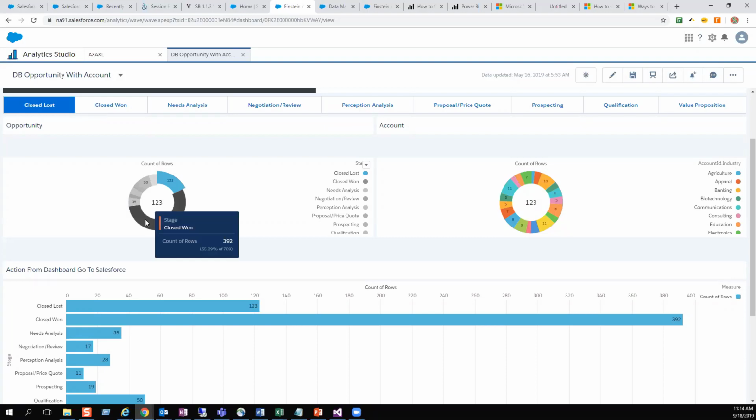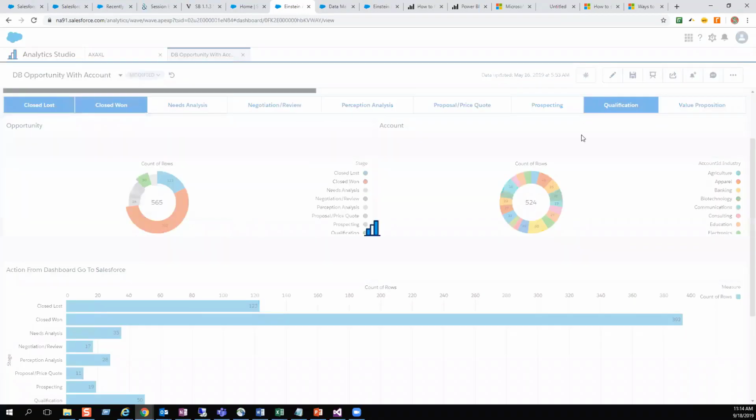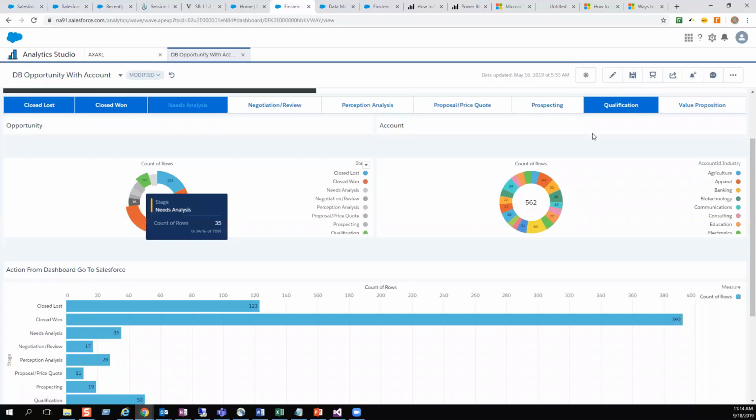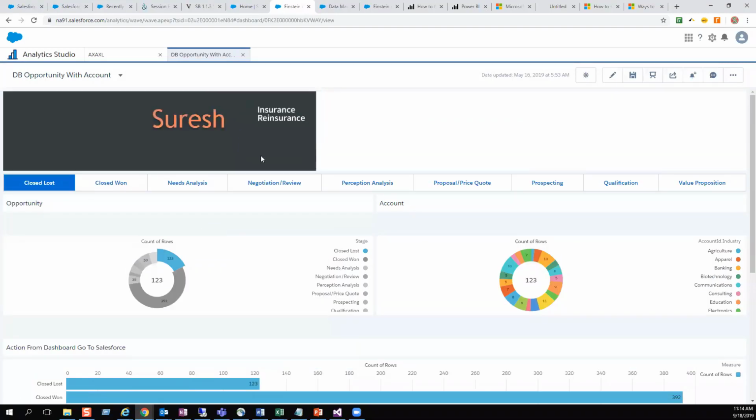Suppose you select another record, like closed won, then those accounts will be shown here. Similarly, if you want to remove it, at the top there is also a filter. So this is all out of the box. This is one feature of Salesforce Einstein Analytics, where you can come up with a dashboard with faceting features. And then I have added a small image, which is not that good,